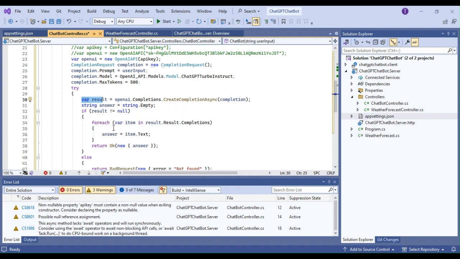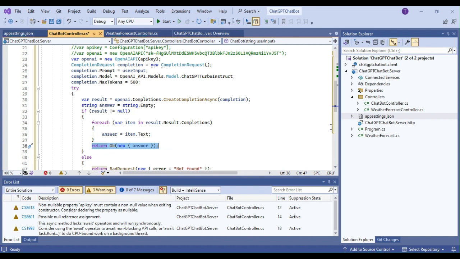If not null, then from result dot completion we will get the data, and then we will add the item dot text into the answer. Correct? This is the for loop. So inside the for loop, all these details will be added to the answer, and then finally we will return our answer